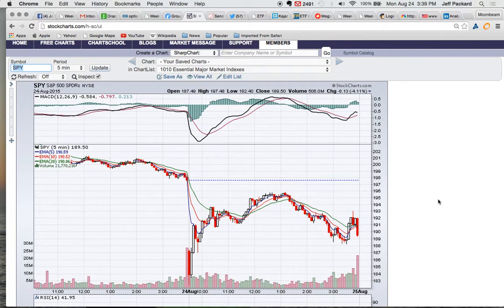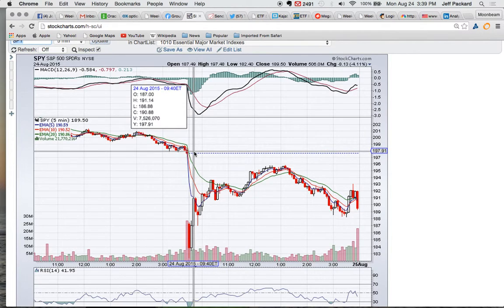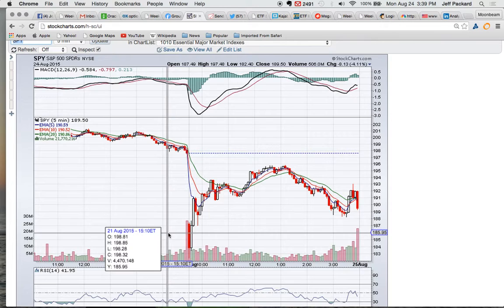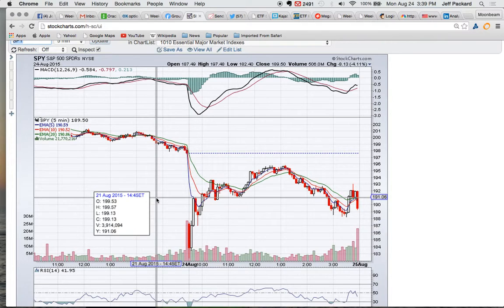So what happened today? I'm just going to share with you this SPY, and then I'll share with you some of my trades. Okay, so we opened. This is this dotted line here. We opened, obviously gapped lower. We gapped about 1,000 points, which is more than I've honestly ever seen. So what happened though? We obviously climbed back off of the lows,